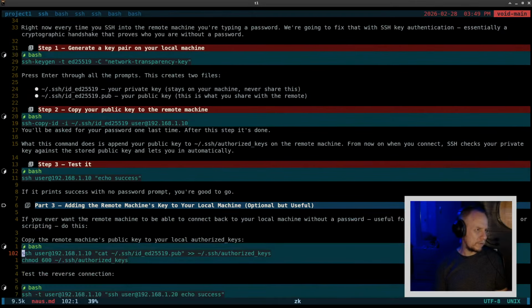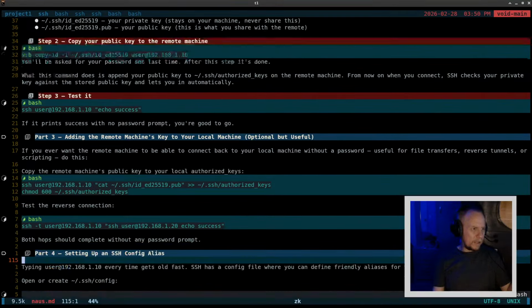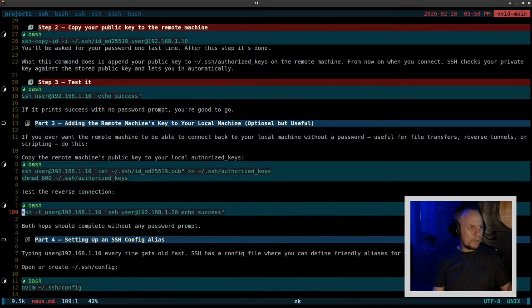All right, so I'll show you here. So basically it would be right here. Okay, so you are basically going to SSH into 192.168.1.10, that is basically like your other computer, right? Your backup. And so basically what you're going to do is SSH into it. You're going to cat all the information from your host machine and send it to your authorized keys, and then you'll change the user permissions, and then you should be able to run this command,